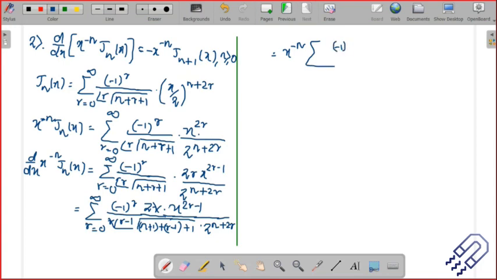This is minus 1 to the power r. I will go from 0 to infinity. That's the same. At the bottom we have got factorial r minus 1. And then we have got gamma n plus 1 plus r minus 1 plus 1 into,